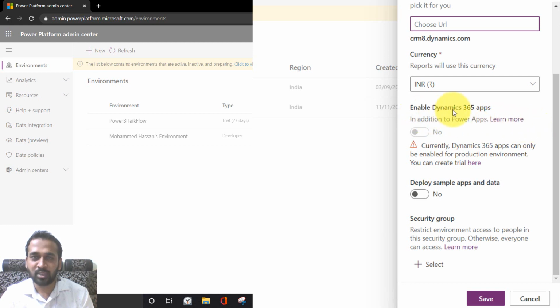But currently it's not allowing me because it can only be enabled for a production environment. I'm taking a trial now, so it is not enabled for me. Then deploy sample apps and data. If you want to deploy, you can click here. And then security group: restrict environment access to people in the security group, otherwise everyone can access. That's not a problem, so I can just click Save.